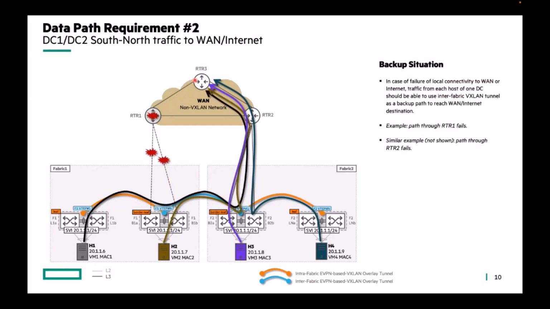Now, for the backup situation, which is use case 2, let's say something happens here. You see the red marks: the links go down, the WAN router goes down. You need a backup too. So in case of failure of local connectivity to WAN or internet, traffic from each host, let's consider H1 and H2, each host